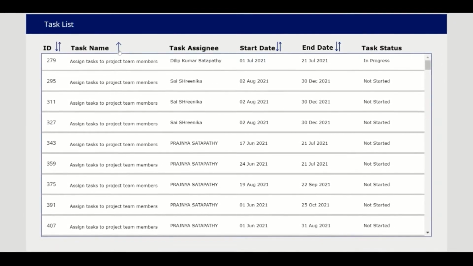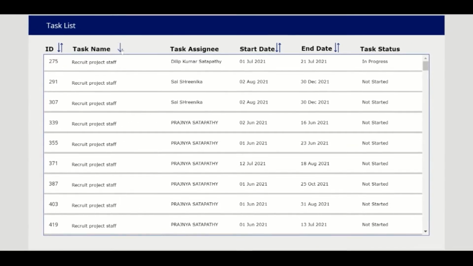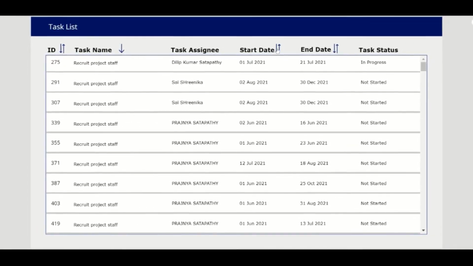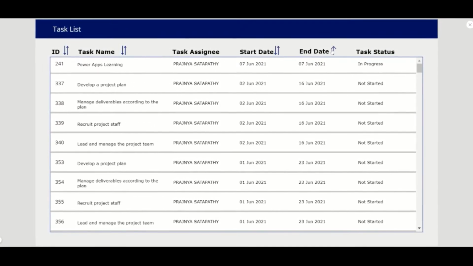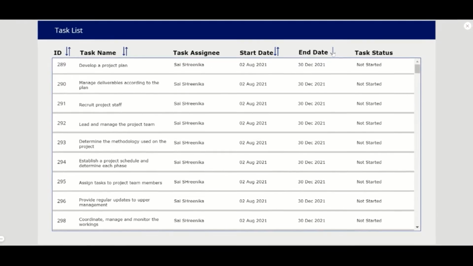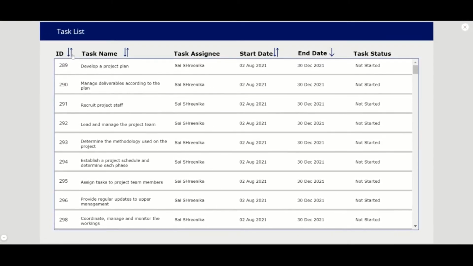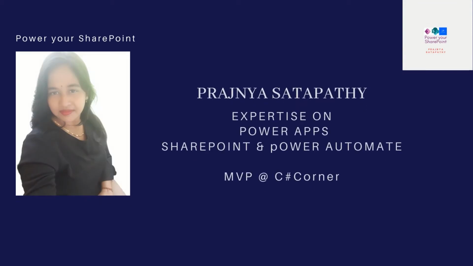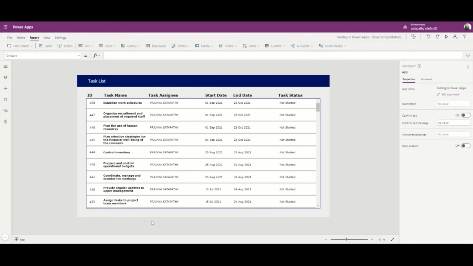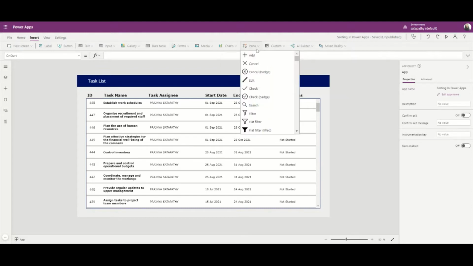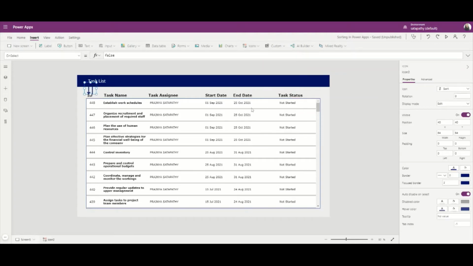I am going to explain how sorting works in Power Apps using sort icons. In my previous video, I have already explained how filtering and sorting work together for the Power Apps gallery having different columns from a SharePoint list. So let's build together. In this video, I will explain how to sort the Power Apps gallery dynamically. For this, I will use a sort icon. So let me add a sort icon for user identification.